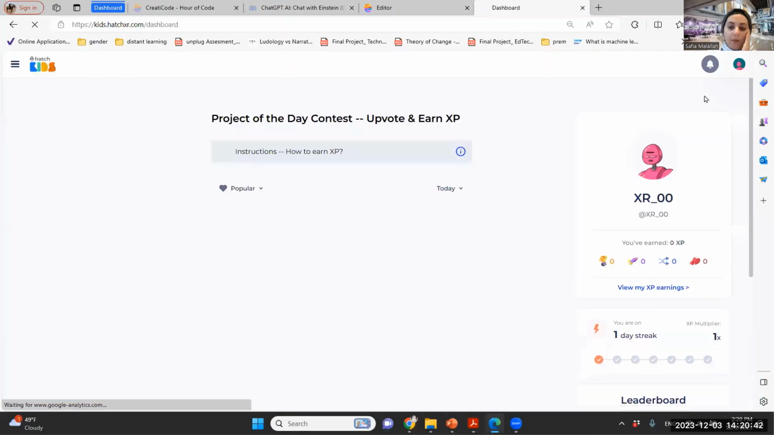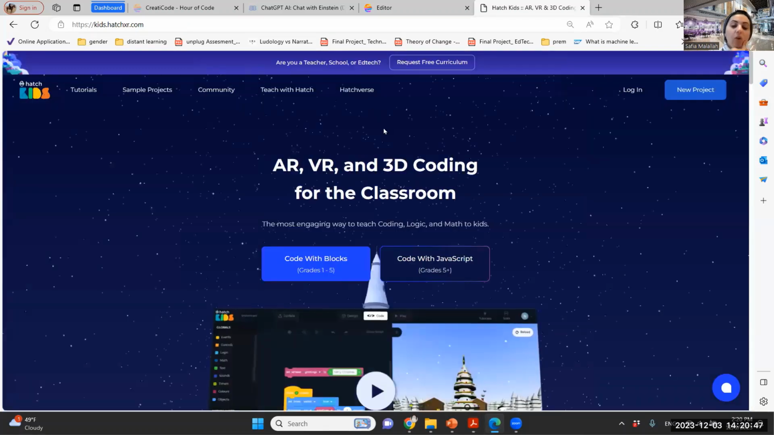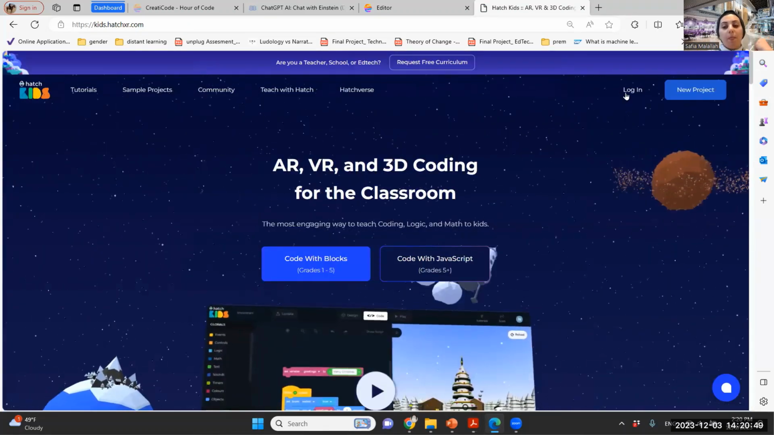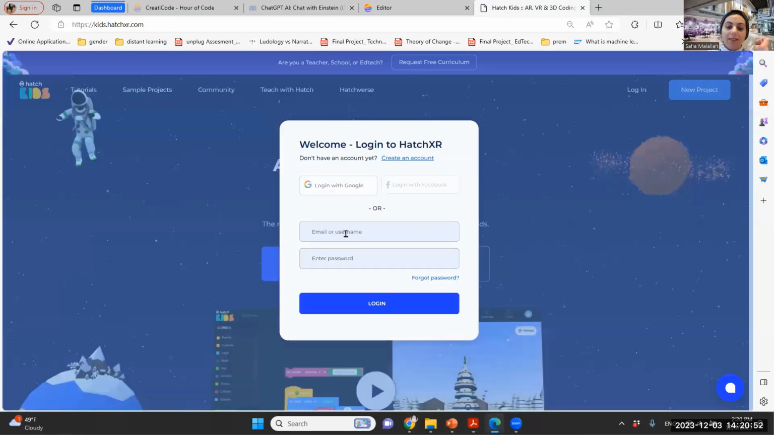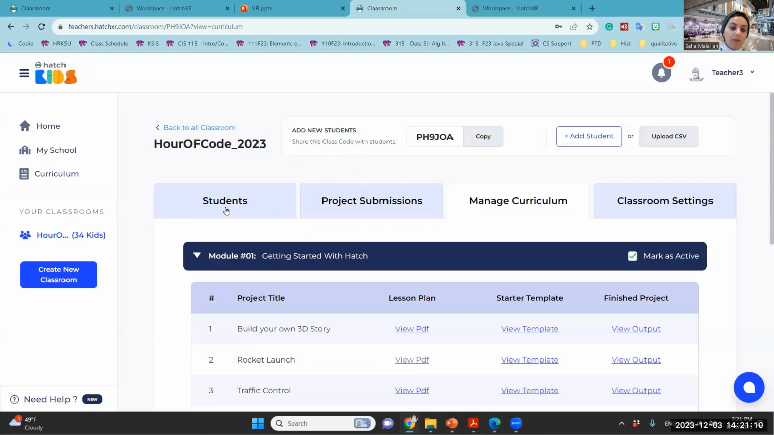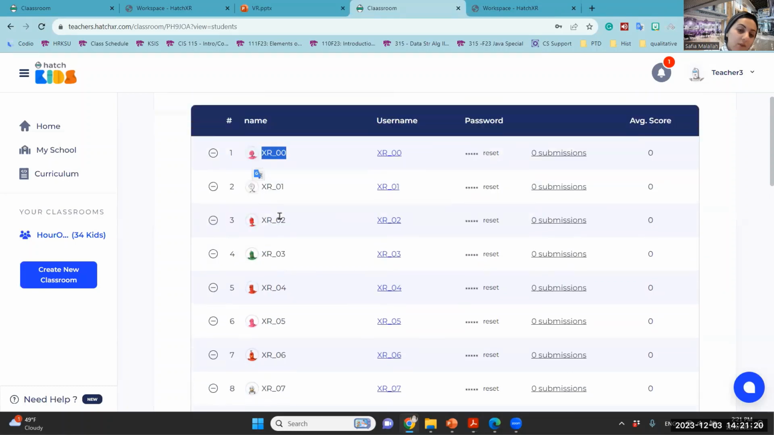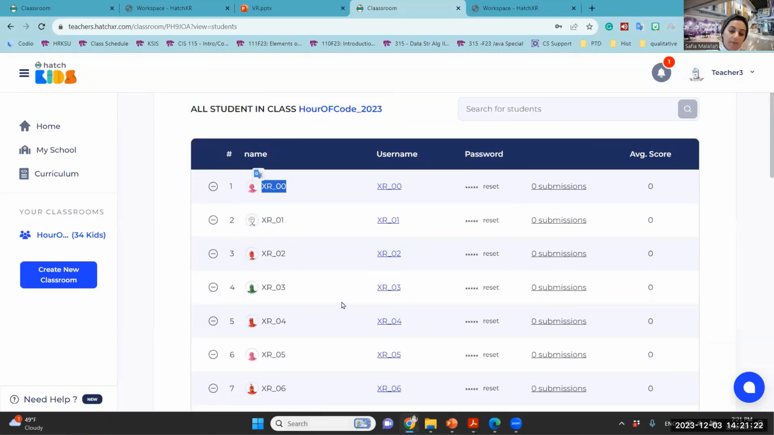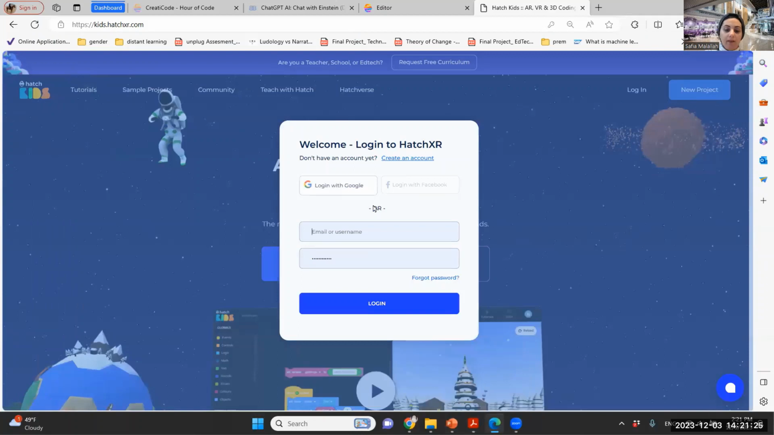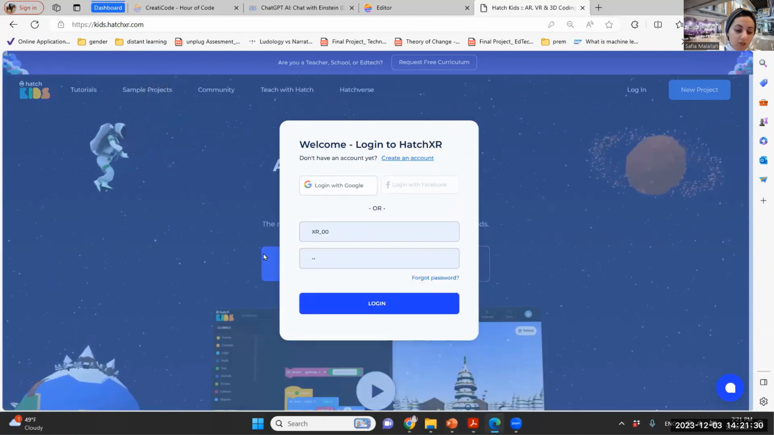When you access it as a student, because I'm already logged in here, I always use the account that has the 0. I always use the XR_00 account for demonstration, and I let the students start taking the accounts from 1. Okay, going back here, I can put the account, and then the password would be hatch